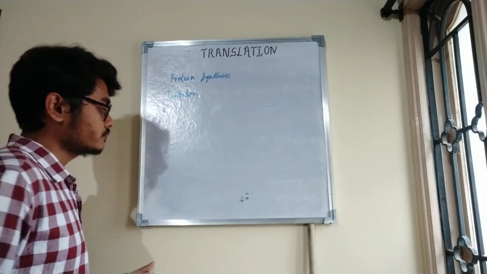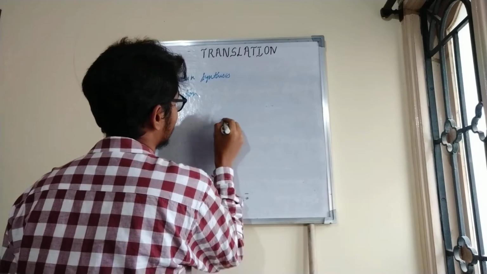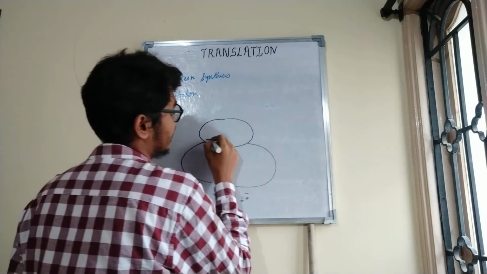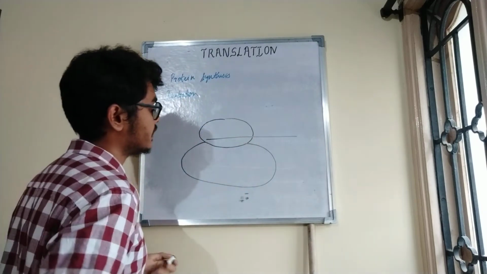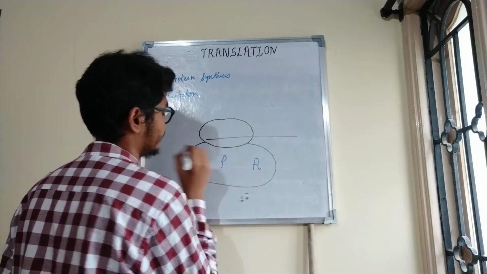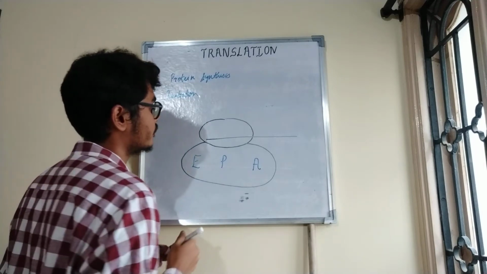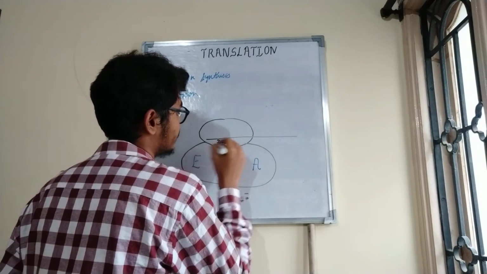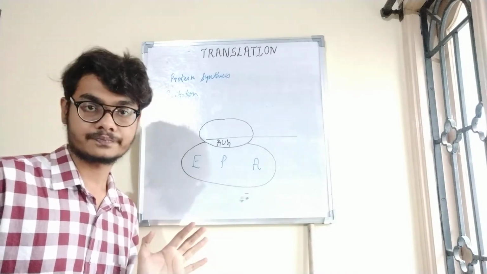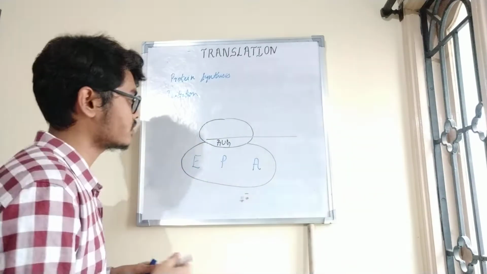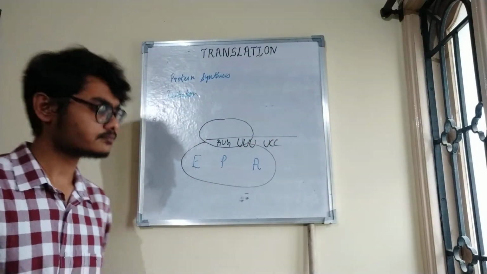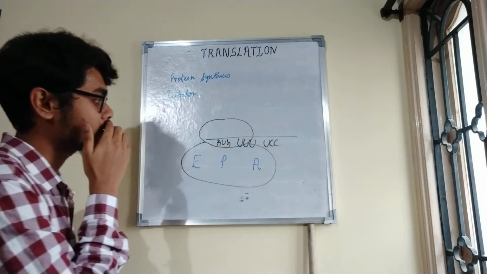Now let me draw the diagram. The two subunits of ribosomes, they have assembled. We have mRNA, and let me write the sites. Here we have got A site, P site and E site. Now let me write the codons. The first codon that comes here is AUG. AUG is the first codon that can come here. Now this sequence continues, maybe U, C, C, something like that. So then there is a sequence of codons.